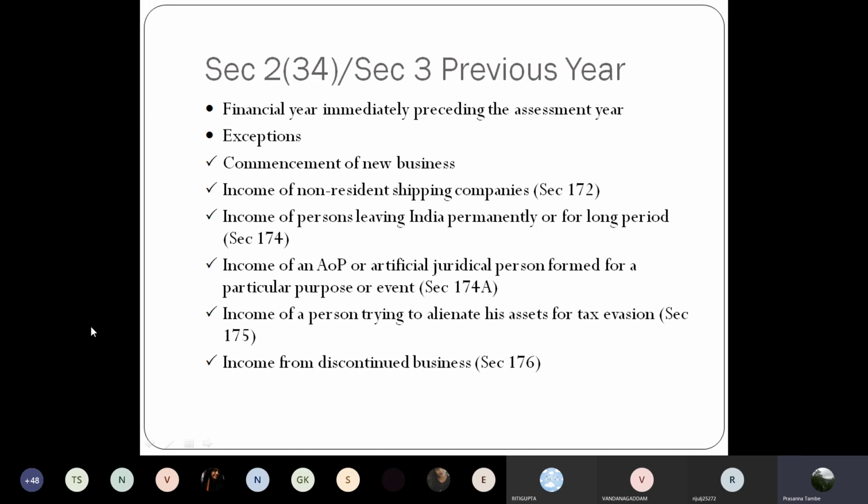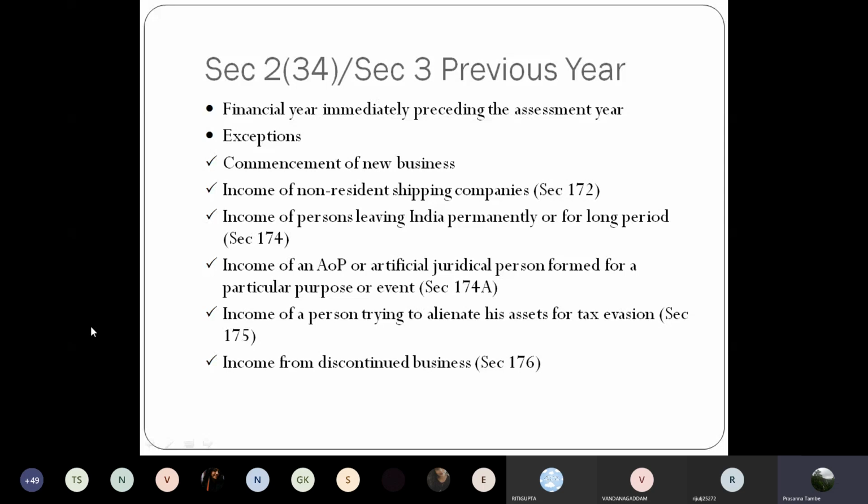The income is earned in the previous year. While computing the taxable income, you have to refer to the provisions of assessment year, and even the tax rates for the corresponding assessment year will have to be applied. This is how these two things will go hand in hand. Okay. So this is the financial year immediately preceding the assessment year. So for our reference, our previous year is going to be 2019-20, and the assessment year is going to be 2020-2021. Now, though we are saying it is a financial year immediately preceding the assessment year, in all the cases,